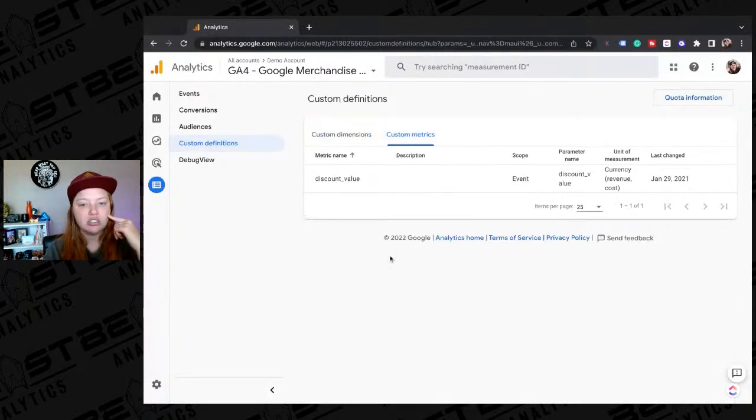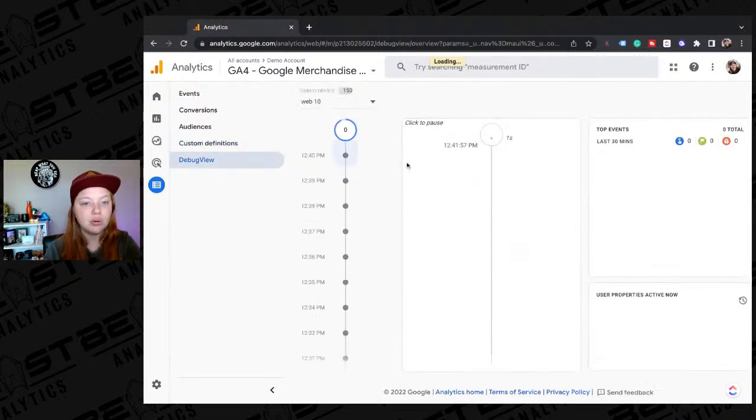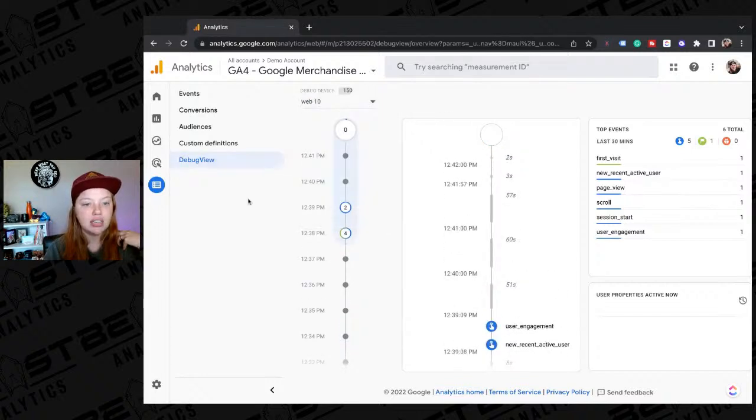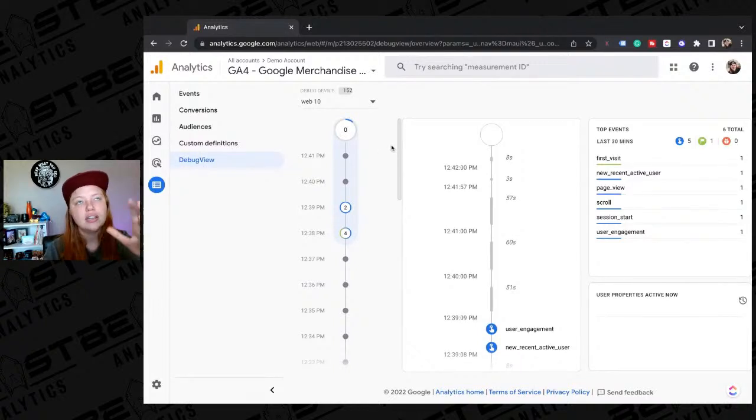Same thing with custom metrics. You can throw that in here. And then the debug view. I love debug view. I use it all the time setting things up. So what it does is it shows any device that's debugging currently. So if you put, like in GTM, for instance, if you put the